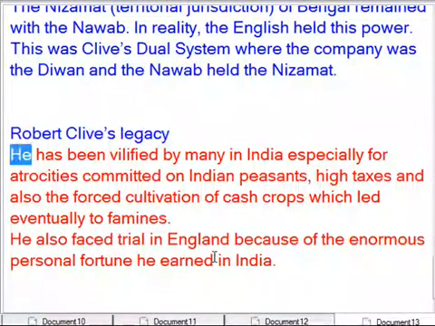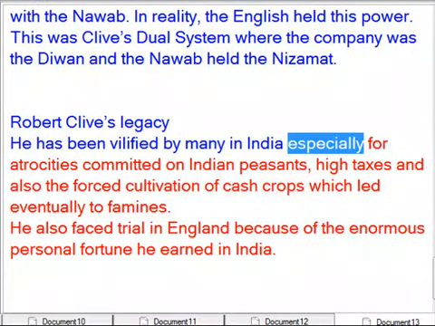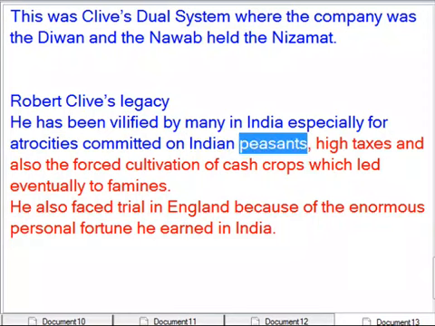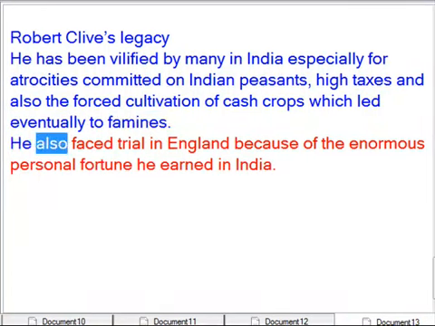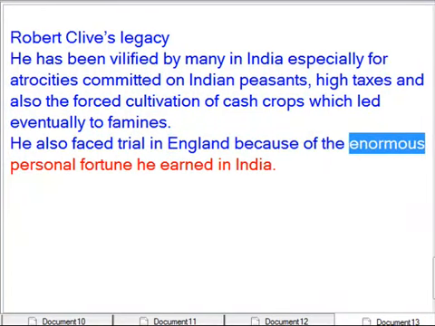Robert Clive's legacy. He has been vilified by many in India, especially for atrocities committed on Indian peasants, high taxes, and also the forced cultivation of cash crops, which led eventually to famines. He also faced trial in England because of the enormous personal fortune